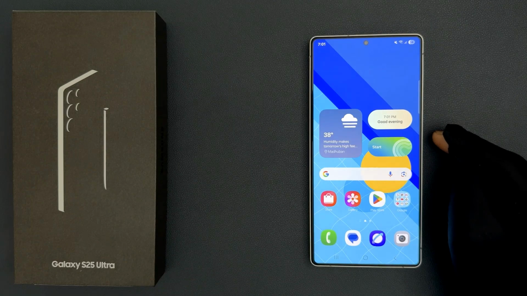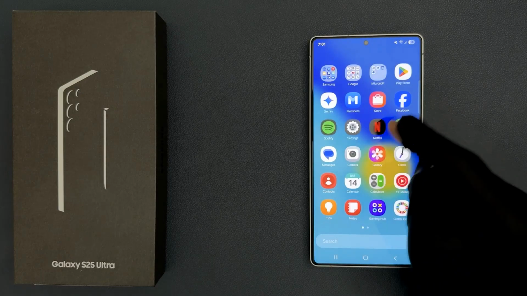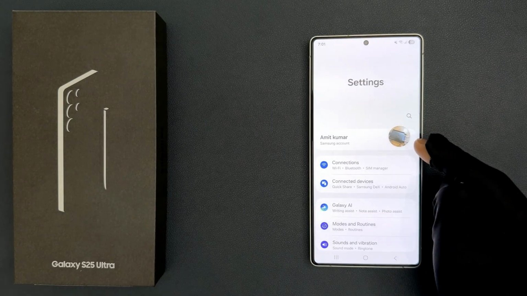Hey guys, in this video I will show you how to turn on or off auto scan when installing apps for viruses and spyware on Samsung Galaxy S25 Ultra. So let's start. So just open your settings app and then scroll down